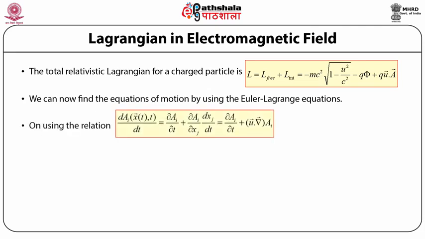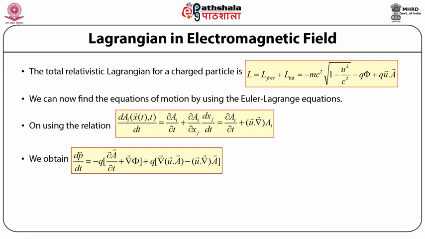On using the relation dA_i(x,t) by dt equals del A_i by del t plus del A_i by del x_j into dx_j by dt equals del A_i by del t plus u dot del into A_i, and putting all these into the equation, we have d by dt of del L by del u_i minus del L by del x_i equals q of del A_i by del t plus u dot del A_i, plus dp_i by dt plus q del phi by del x_i minus q del by del x_i of u dot A